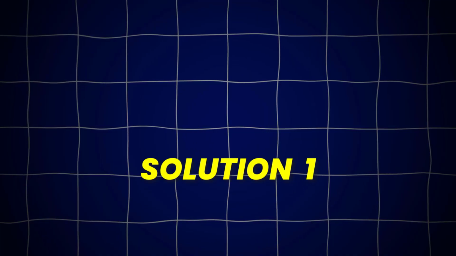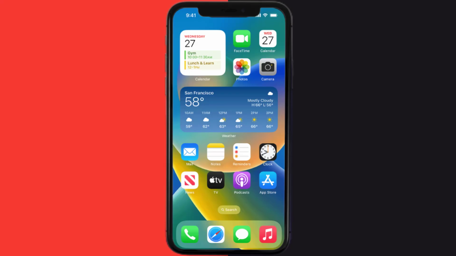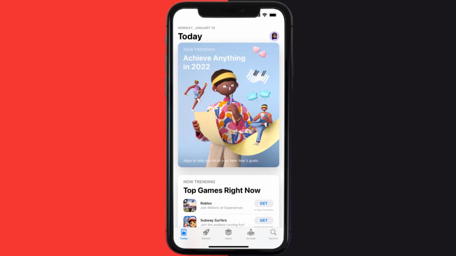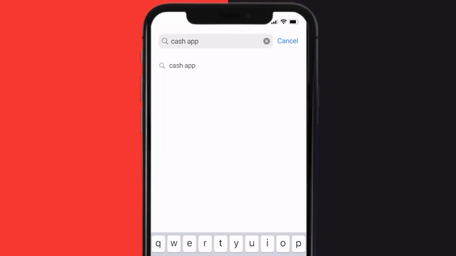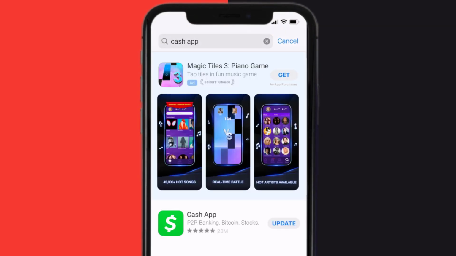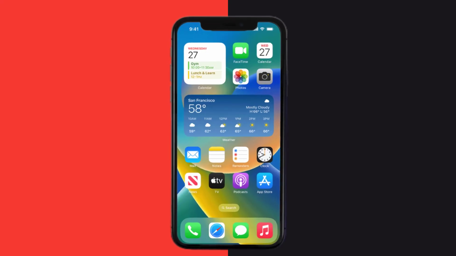up. So first of all, you need to make sure you're running the latest version of the app. Open up App Store on your device, and then tap on this search icon in the bottom right corner. Then search for the Cash App, and if you see this update button right next to the app name, simply tap on it to make sure you're running the latest version of the app. This should fix Cash App stocks option not showing up, but if it doesn't, then you need to clear App